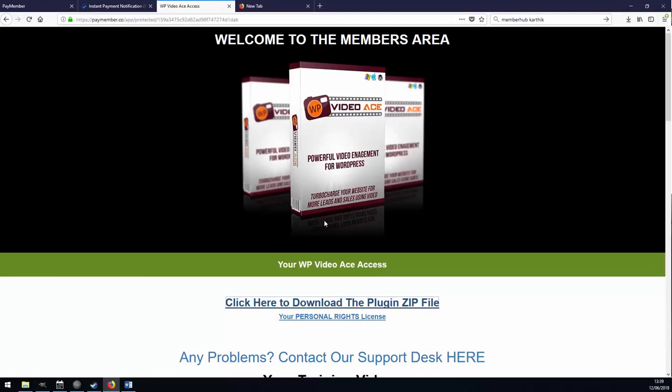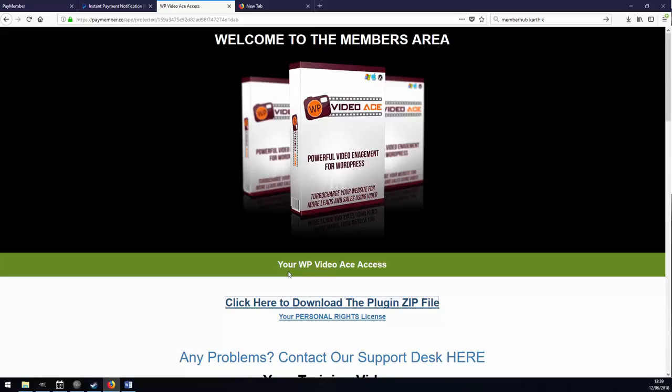And it raises a big problem, because even if you've protected this page, even if you've protected all the content, what's to stop people just downloading your files, downloading whatever you've got on there as much as they want? And what's to stop them sharing the raw download link as much as they want? You could protect the page all you want, but if your download link isn't protected, it's kind of all worthless. So PayMember has a